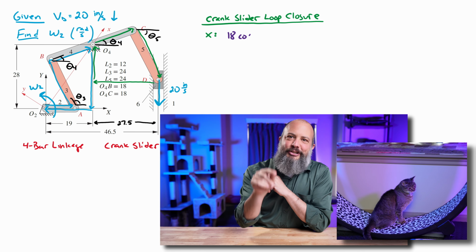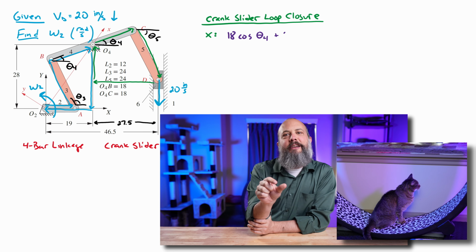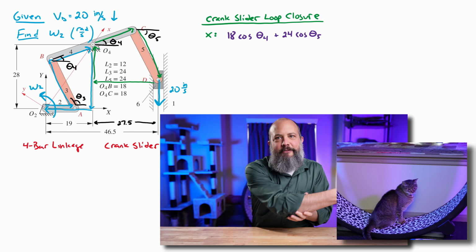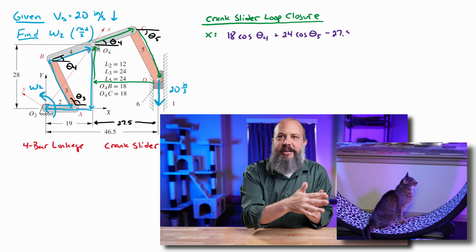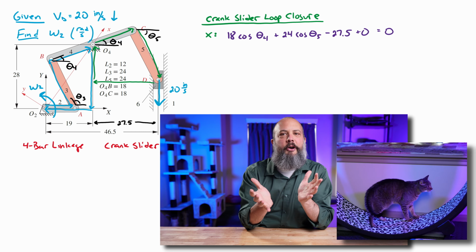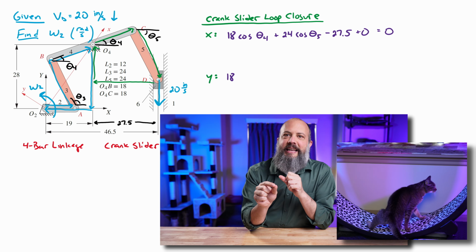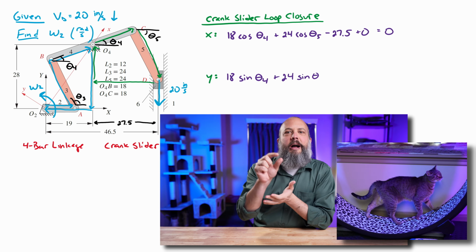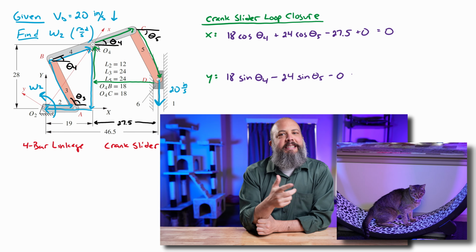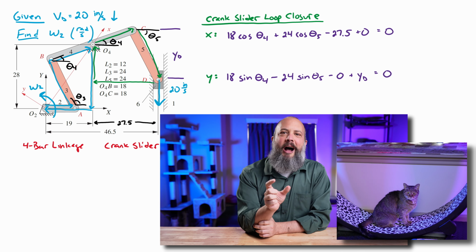In the x direction, starting at O4, we've got 18 cosine theta 4 plus 24 cosine theta 5 minus 27.5, which gets me all the way back horizontally, and then plus 0, since my final vector is straight vertical. It's not horizontal at all, and that equals 0, because I ended up back where I started. In the y direction, 18 sine theta 4 is the y component of the first vector, negative 24 sine theta 5, minus 0, because the horizontal section is not vertical, and then plus yD,